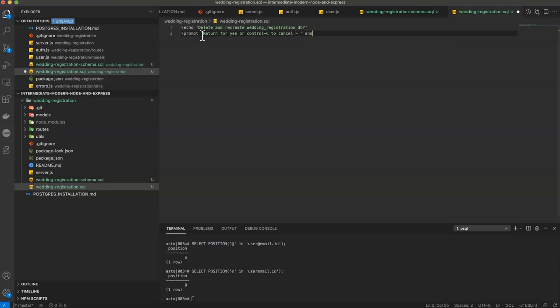And that will give us our answer. And if they hit enter and they don't cancel the script, then we will drop the database, wedding registration, which is the database we are going to be working with. And then we will create that database again, wedding registration. That's a tough little tongue twister. Then we will connect to wedding registration, and then we will execute the wedding registration